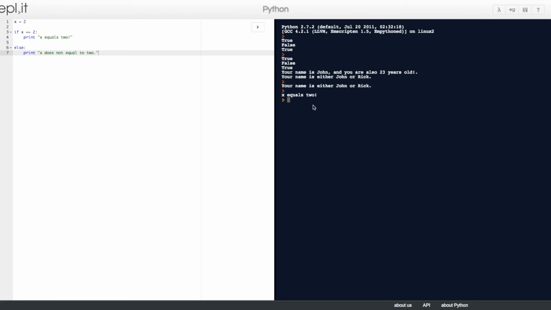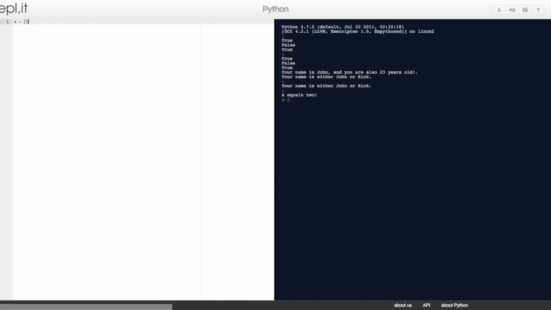Now we'll talk about the is operator. Unlike the double equals operator, the is operator does not match the values of the variables, but the instances themselves. For example, we'll say that x equals a list. So a list is items that are in between the square brackets.